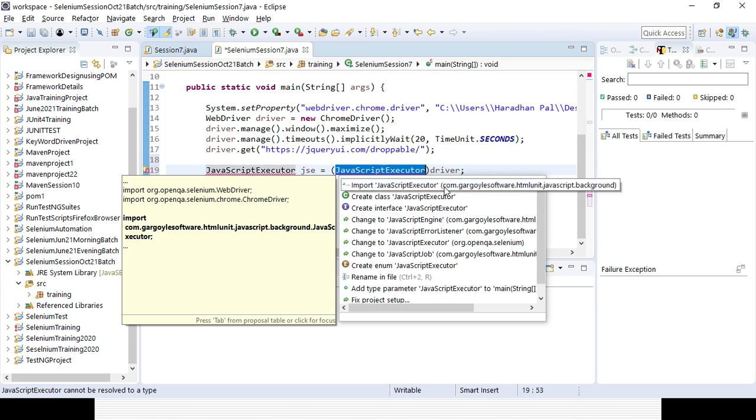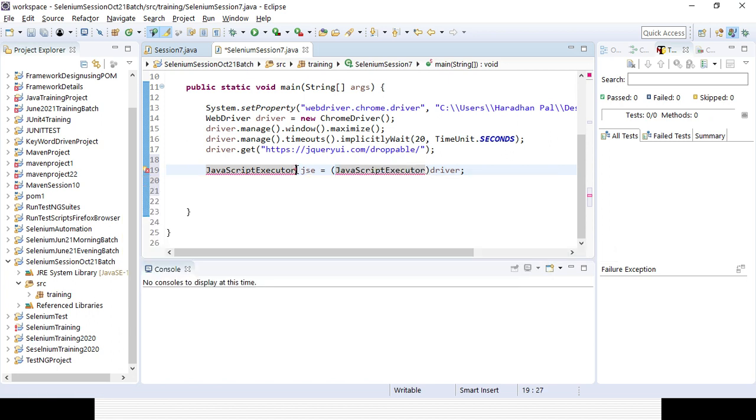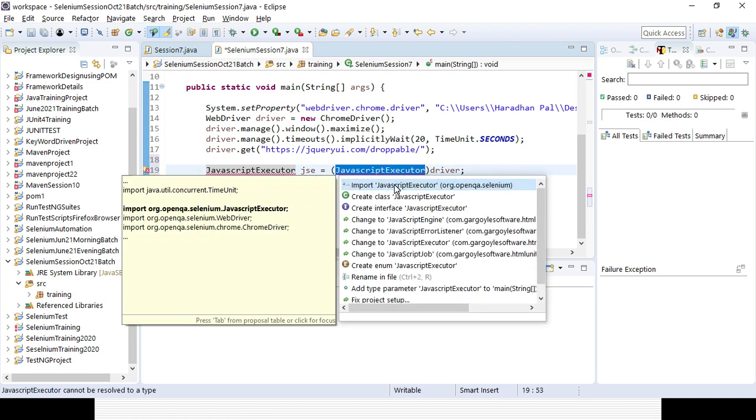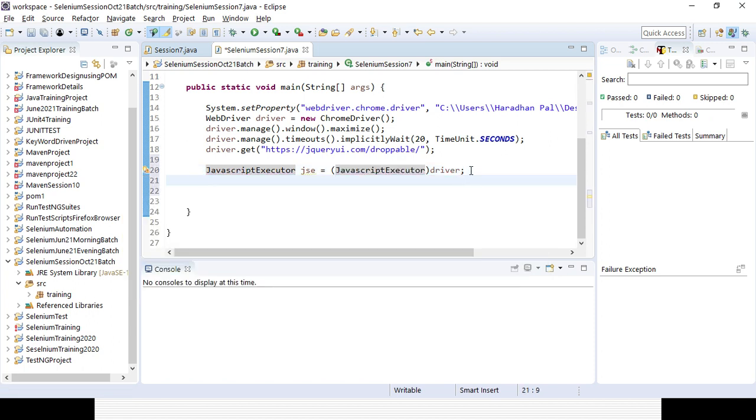I need to import it from the JavaScript executor, and it should be from the org dot openqa dot selenium package. Otherwise, again, you will not get all the options.